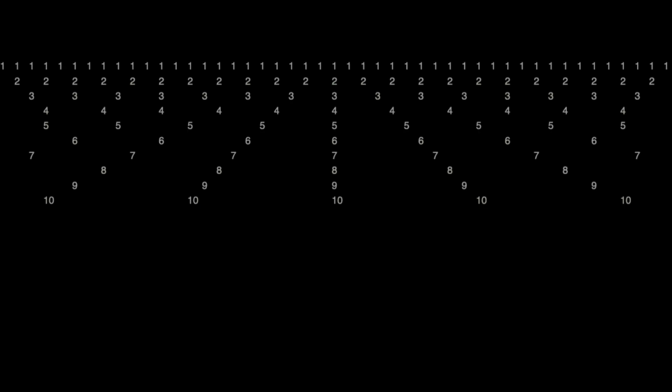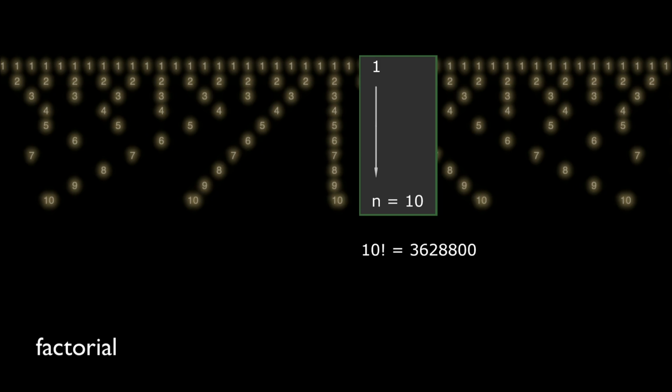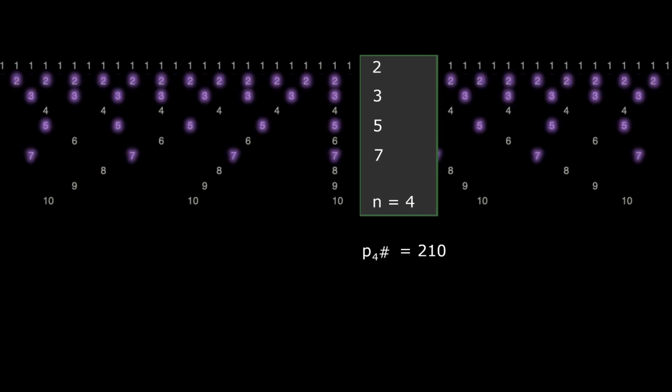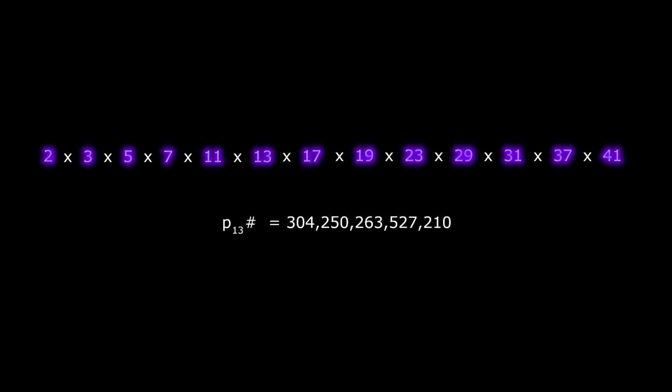What happens if you play only prime divisors? Well, I asked myself that very question, and this led me to the discovery of a class of numbers called primorials. A primorial is like a factorial, but instead of being the product of the first n numbers, it is the product of the first n primes. If you multiply all the primes up to and including 41, you get a number that is a little over